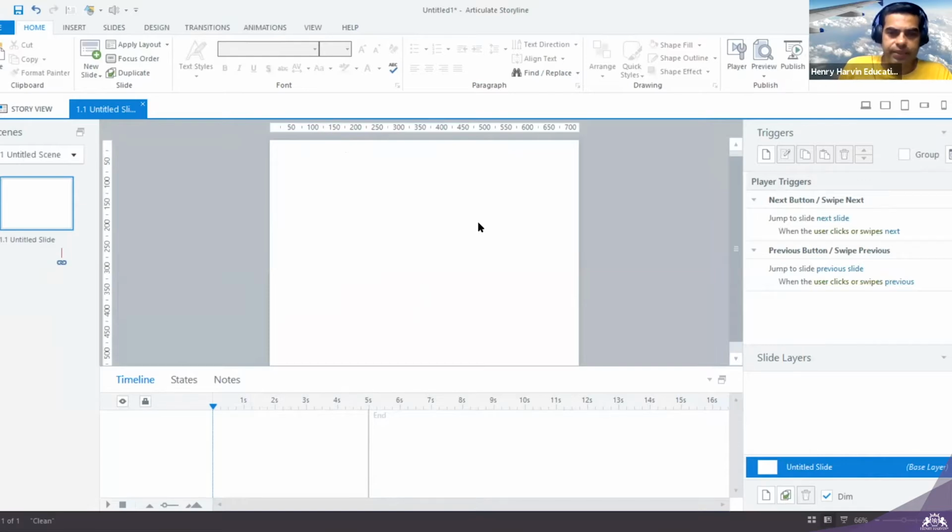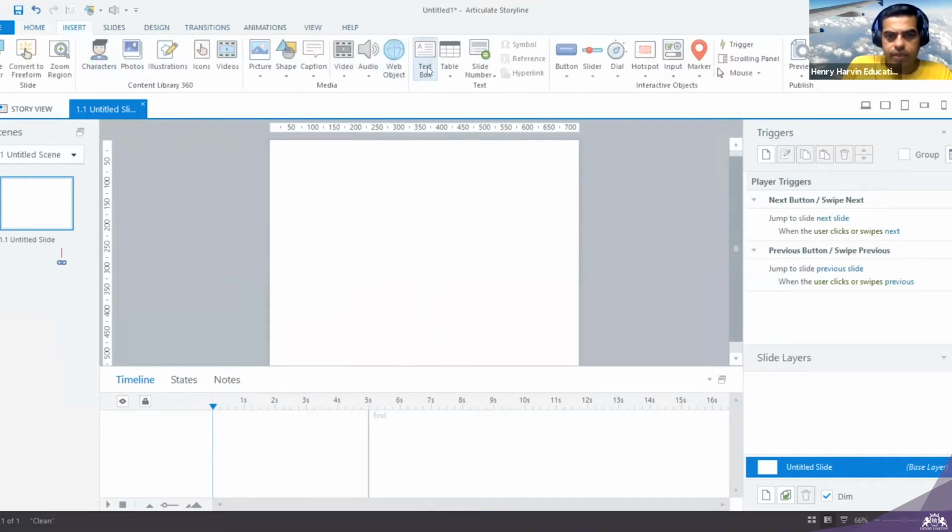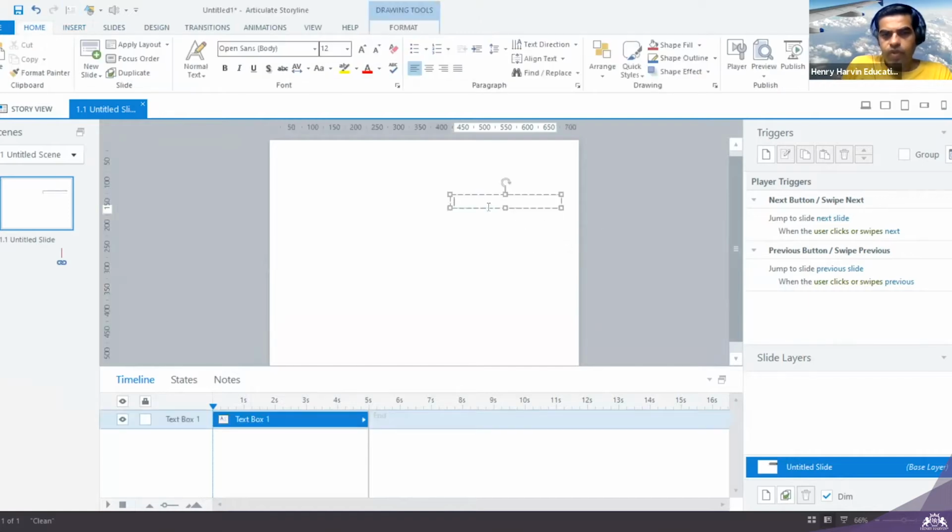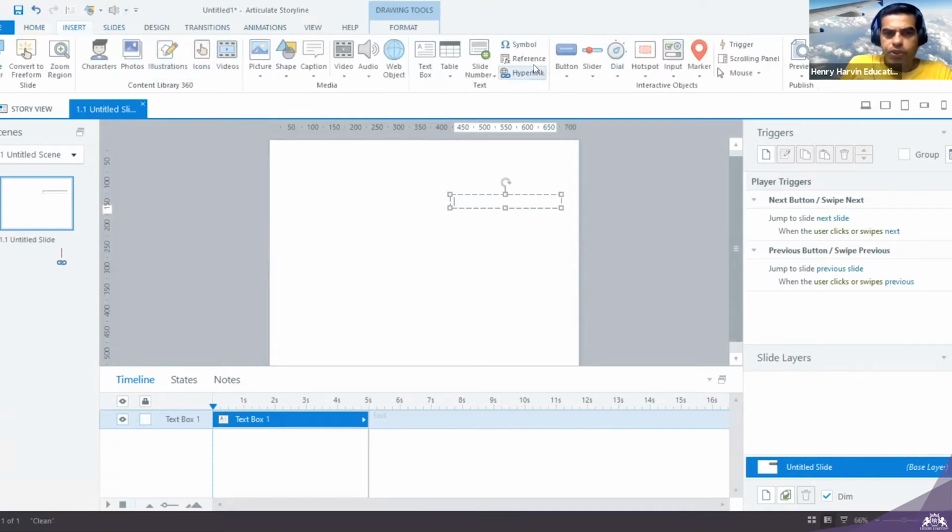Now what to do, how to use it, what we can do with the variables, we can understand. Whenever you want to access any variables or display your value, you have one option to display it. So I'm saying insert text box. Okay, insert text. In insert, there is one option known as reference. This is an easier way to display your variable value.